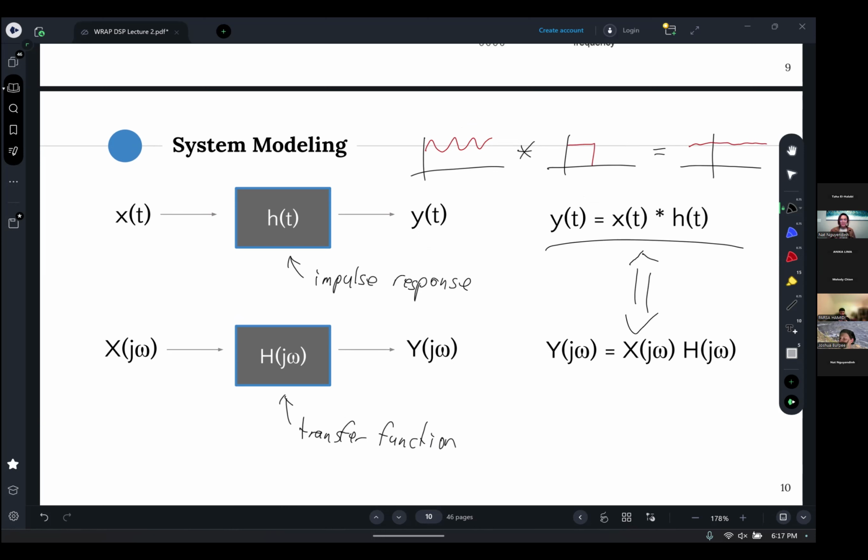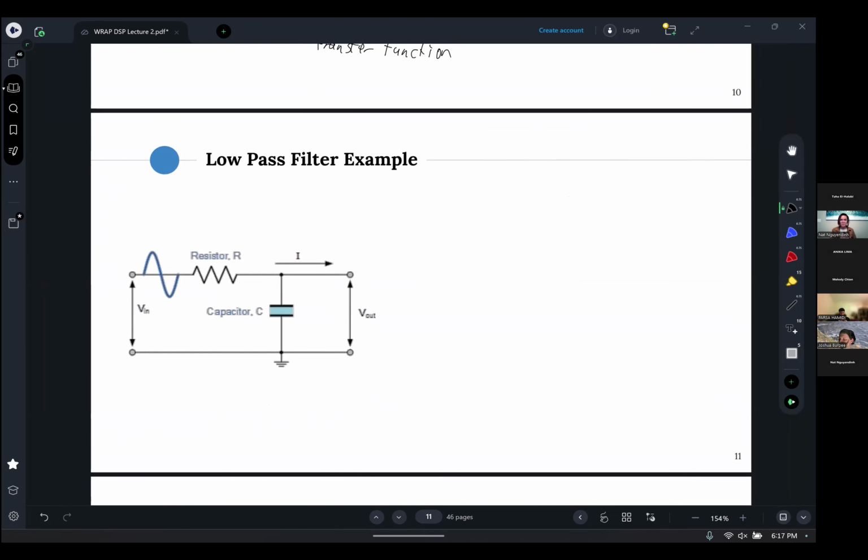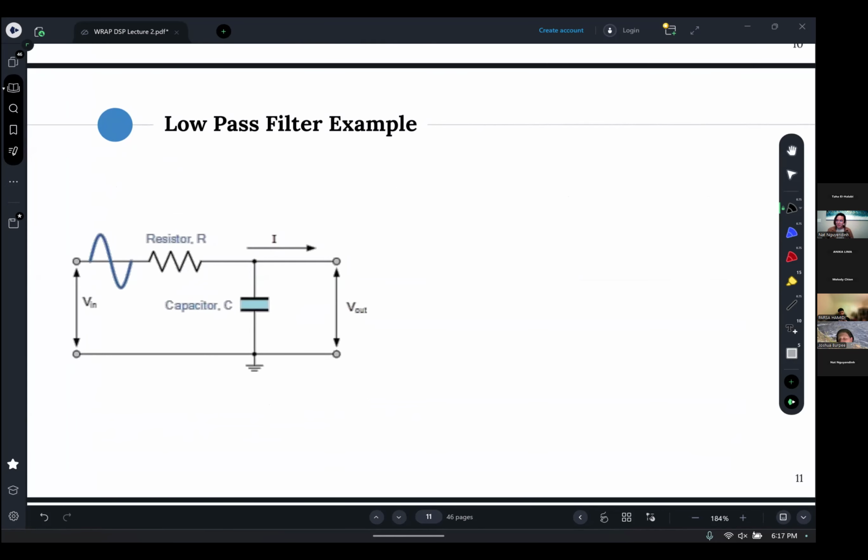All right, so now that that's out of the way, I'm going to quickly go through a low pass filter example and then how we calculate the transfer function of that. So, okay, this is just a very basic low pass filter. So I'm going to redraw this in a manner that might be slightly more recognizable to you. So I'm going to draw it like this, and then here, and then let's say,